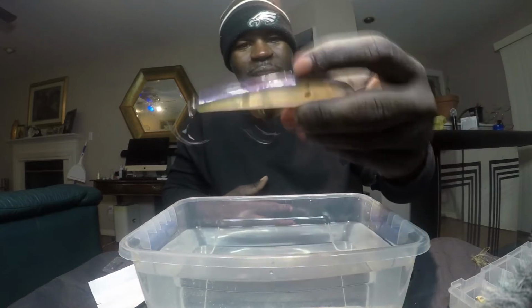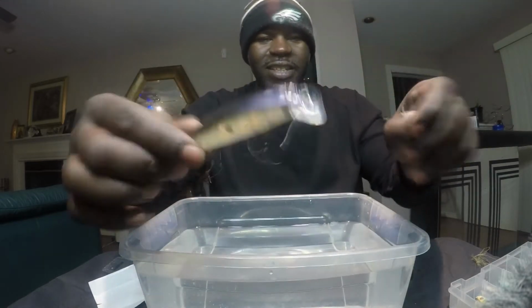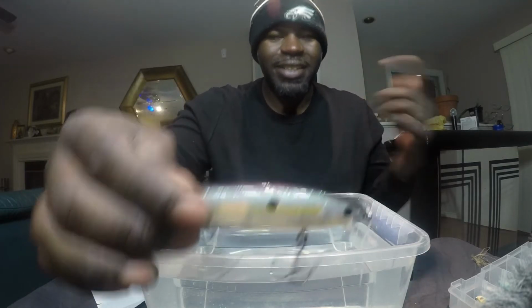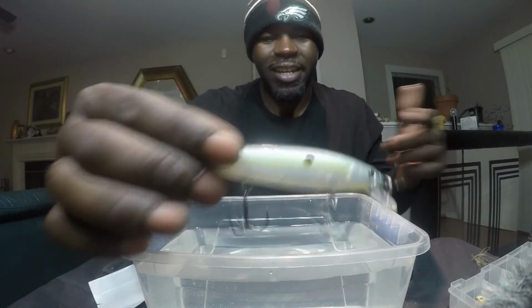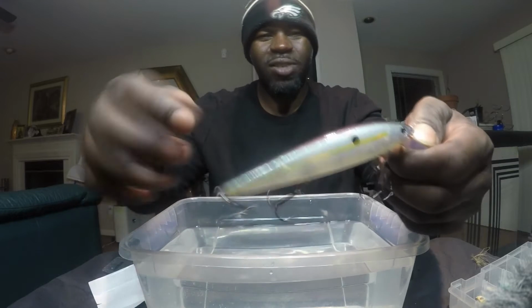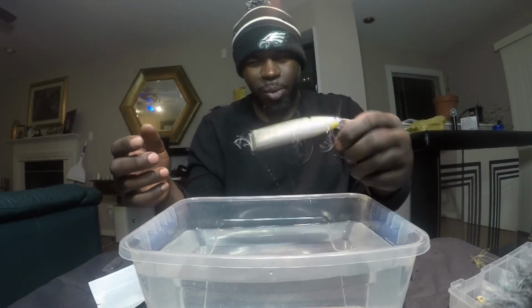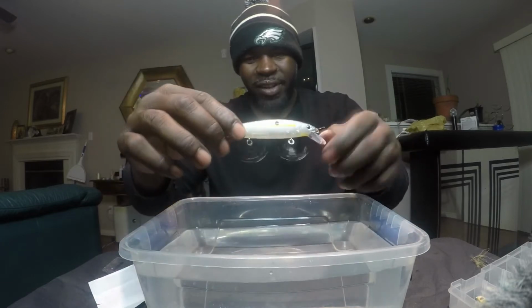This is the first jerkbait I'm going to do right here. It's a Shad Color Strike King KVD. I believe this is a bigger two. They also make a smaller one, but I'm gonna rock with this one for right now. I used to have some tongs, but they're gone. So I'm gonna try not to disturb the water